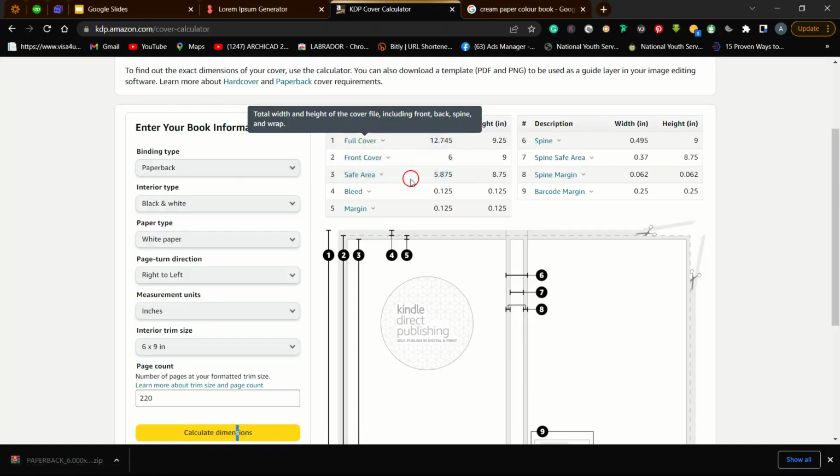Our bleed here, the full cover size is this. Sorry, the full cover size is this. Okay, our front cover is 6x9. Then our safe area is this. Our margin is 0.25. Let's put it down. Sorry, I made a mistake then. I didn't put all these other files. Our margin is 0.125 by